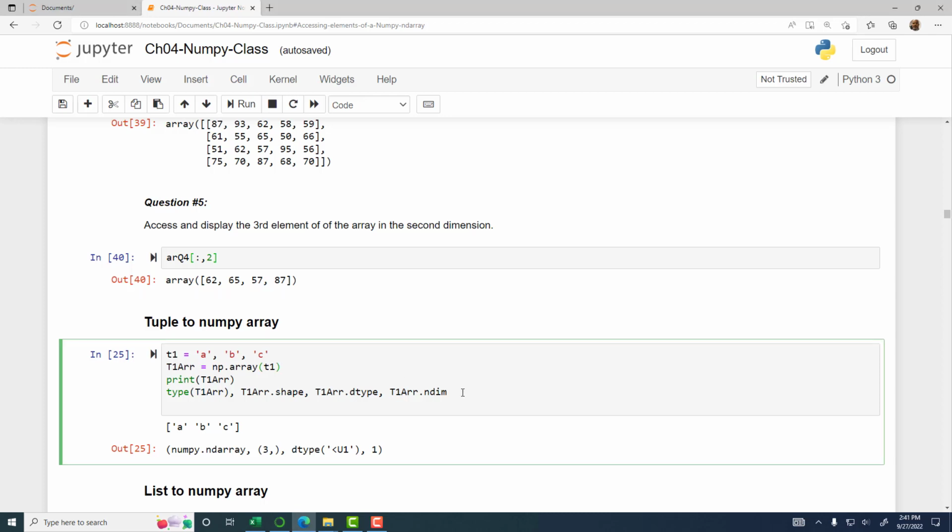Okay, so here is kind of a repeat. We've already done this before. So we have tuple to numpy array. You create a tuple and then use that tuple in numpy array, and now I'm